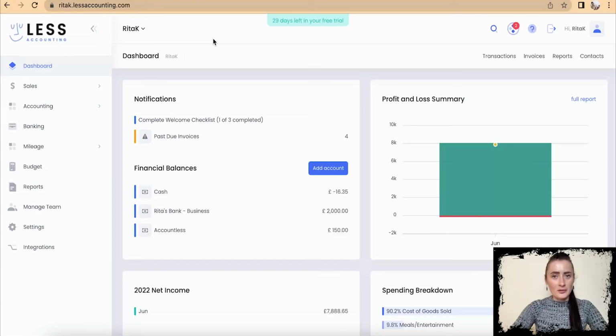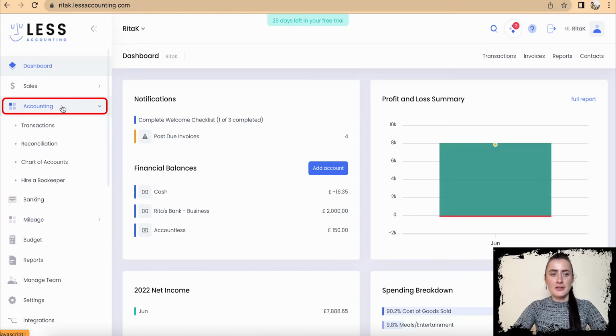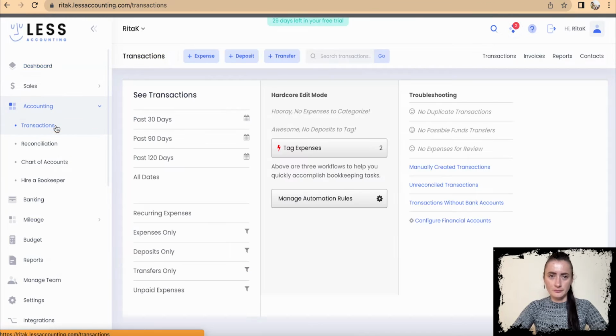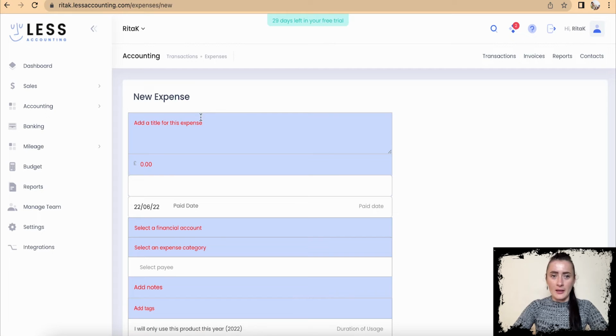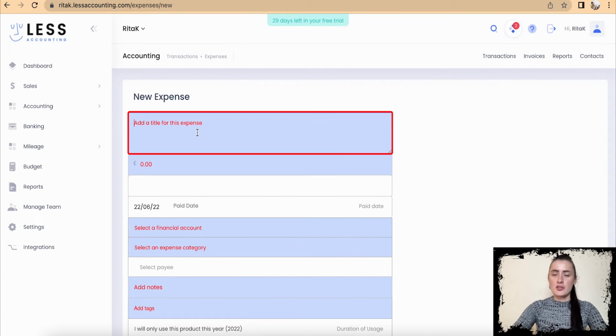To record a supplier invoice or expense with a due date, we need to go through the accounting section, and there is a subsection called transactions. To record a supplier bill, we will need to record it through expenses. Add a title of this expense, so I will use